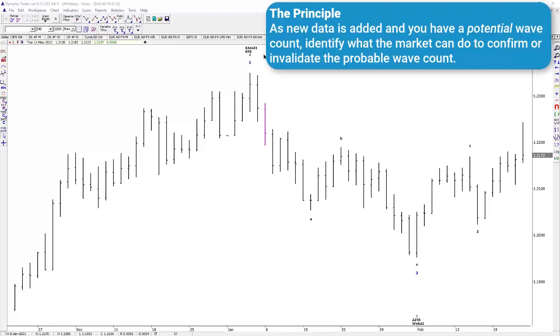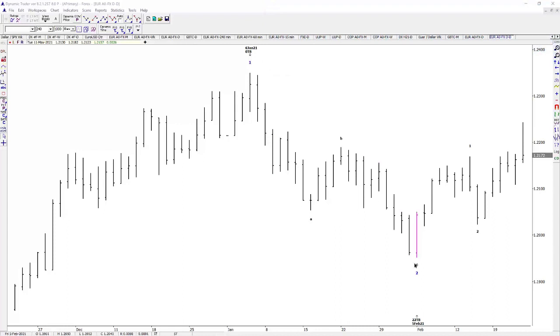Well, we're coming off of this high last January, just had a beautiful ABC decline. Potential wave 2, if this was a wave 1, wave 2, and we'll just make that assumption that that's the case. It was a pretty significant high, which we anticipated would be followed by a correction lasting several weeks. And here we came down for a month, a perfect ABC. We did make an advance well into the range of the wave A, which is our first signal that ABC